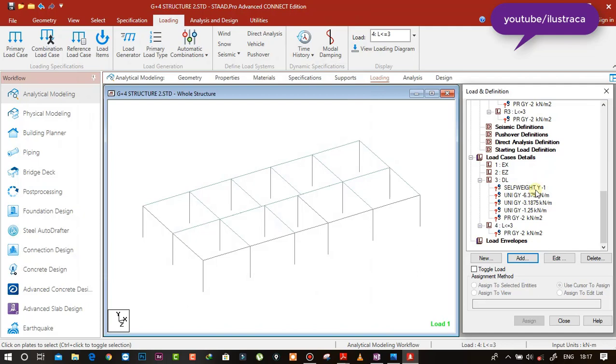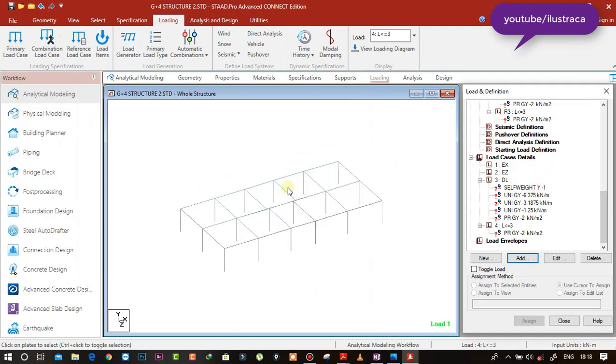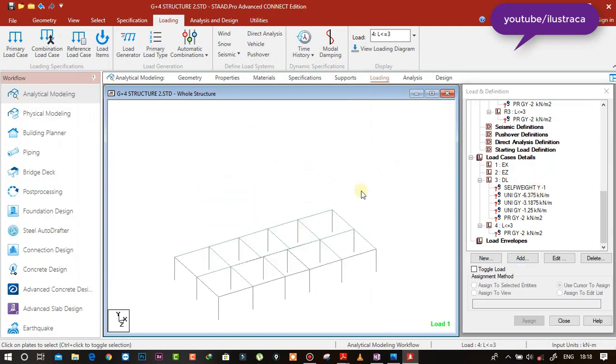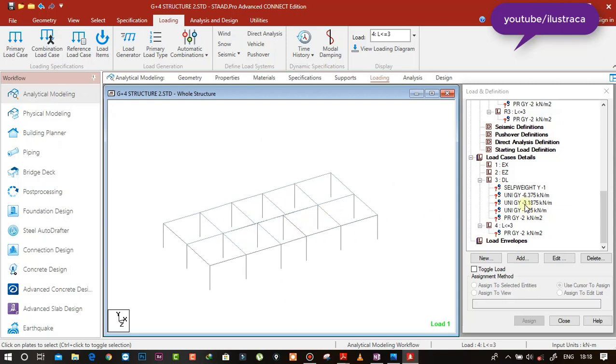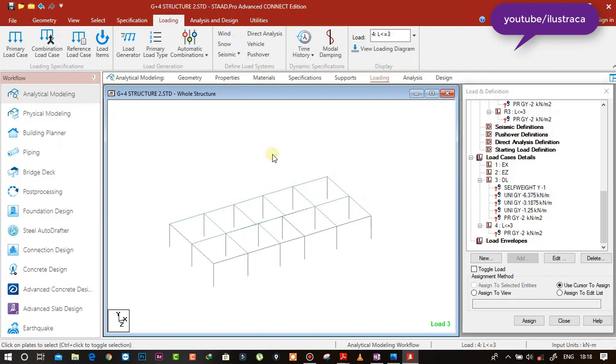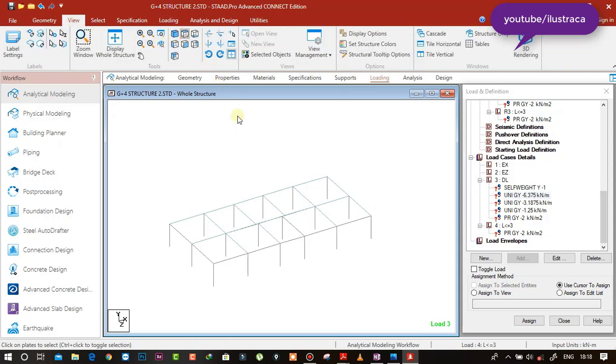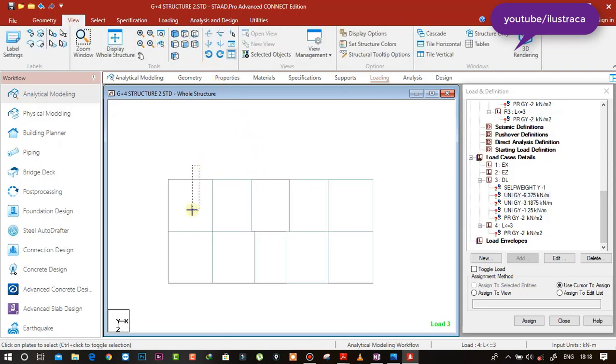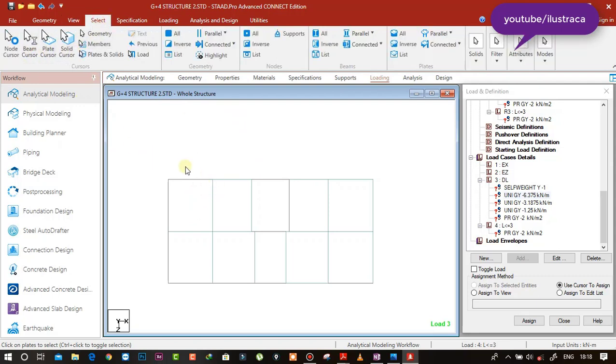I'm not going to assign the self weight now because we need to create the whole structure, then we need to define the self weight. Otherwise we need to define the self weight again. So now we're going to create a group of different members. So let's go to the view and top view, and just go to select and beam cursor, if you select these outer beams,